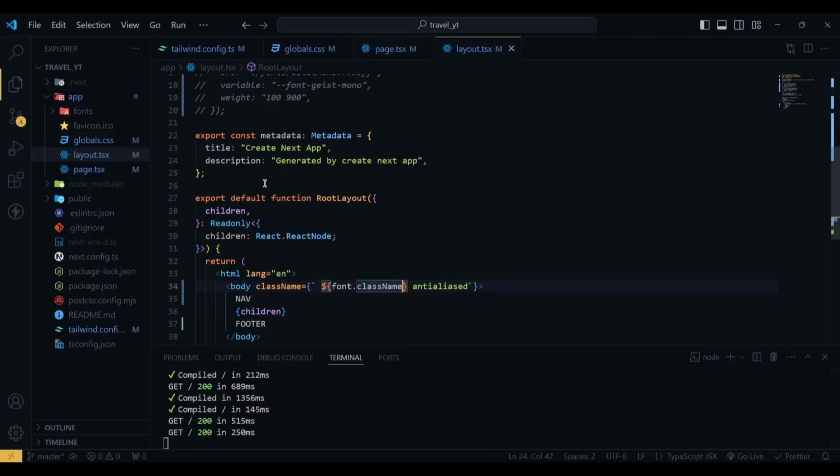Next we are going to change the metadata. This metadata is very important for SEO purposes. For the title here we are going to use "Travel for you, Next.js 15". You can use anything you want, and here for the description we are going to use